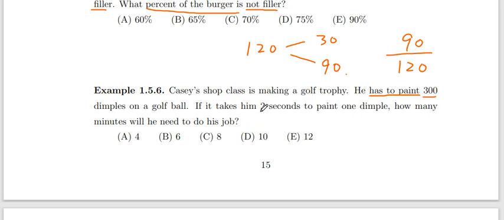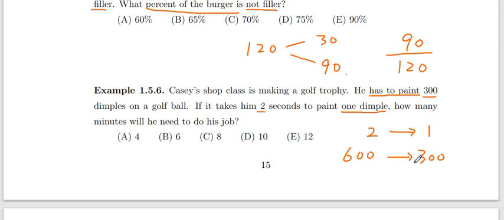It takes him 2 seconds for one. So we can regard this ratio as 2 can be 1. Then we need 300. So we need how many? Here we need 600, right? So we need 600 seconds